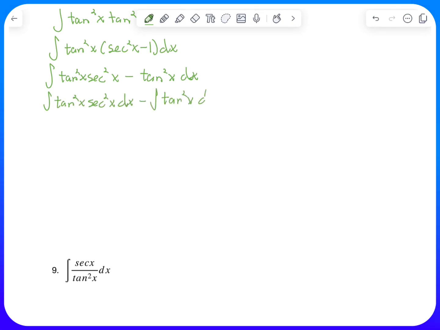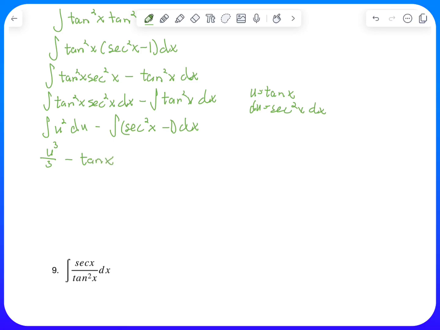I'm going to break up the integrals. In our first integral, we can do u sub and let u equal tangent of x. And so my du would equal secant squared x dx. So that first integral becomes u squared du minus, I'm going to have to use the Pythagorean theorem here. So I'm going to replace tangent squared with secant squared minus 1 dx. And so I have 1/3 u cubed minus tangent plus x